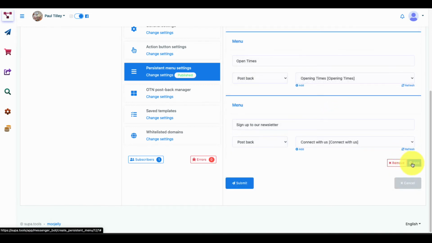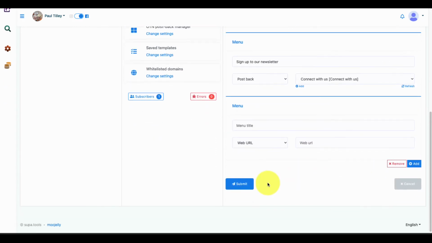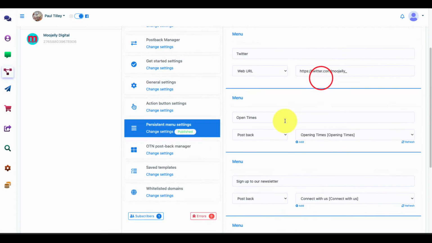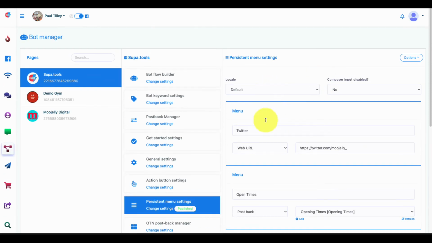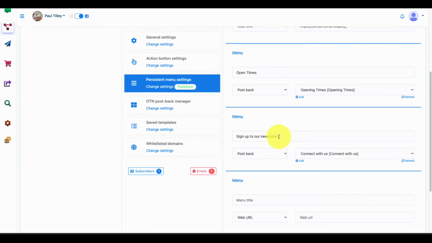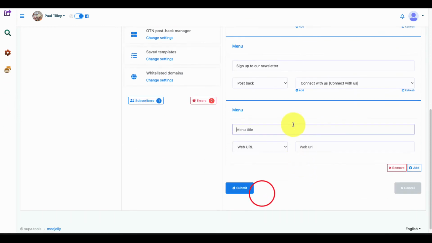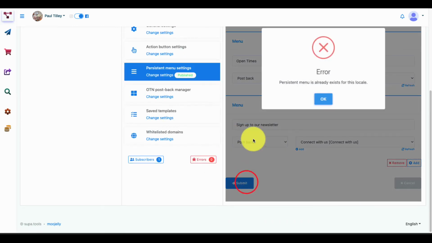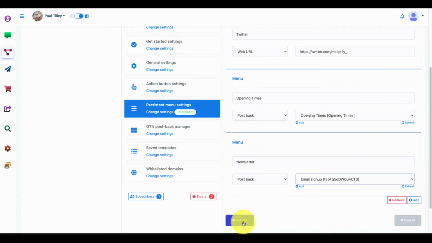Okay, sorry. So I need to give it a name. Where's it gone? Newsletter. There we go. I need to get rid of that. Remove that. Okay, so press submit,